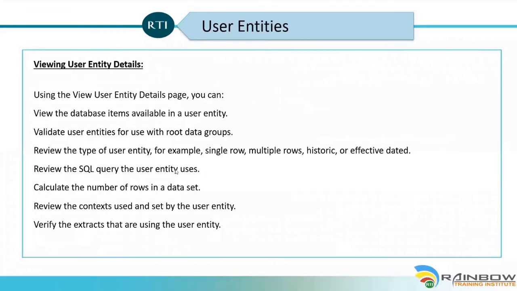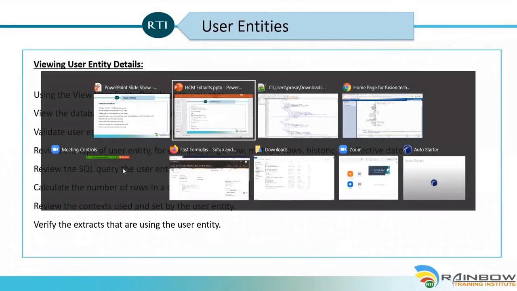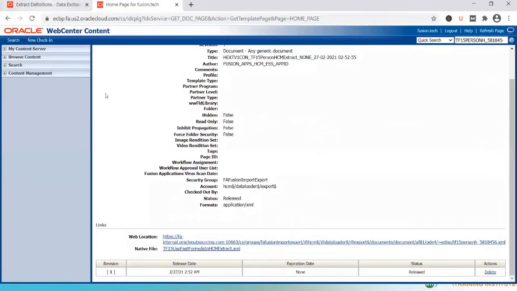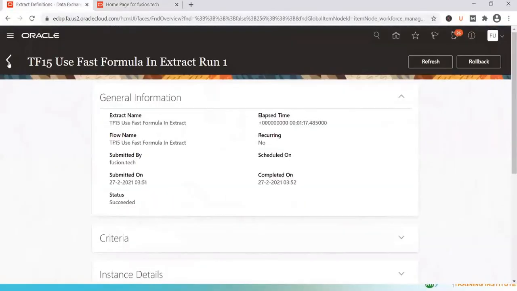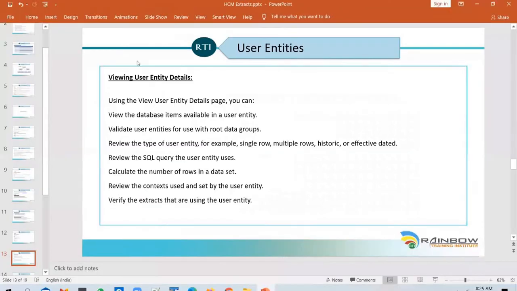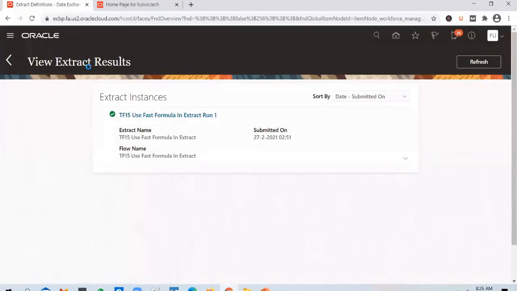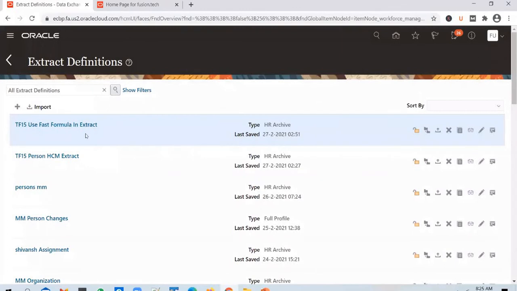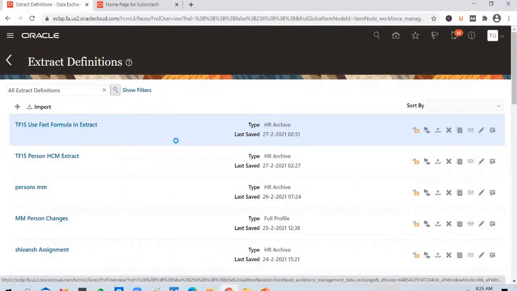And the user entity, I've shown you how you can view the user entity details. You can do it directly from the extract definition screen. When you add the data group, you can select the details of the user entity there itself.